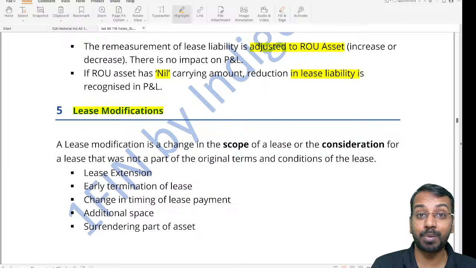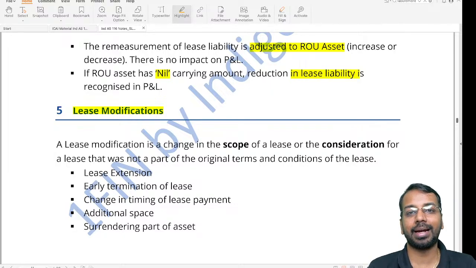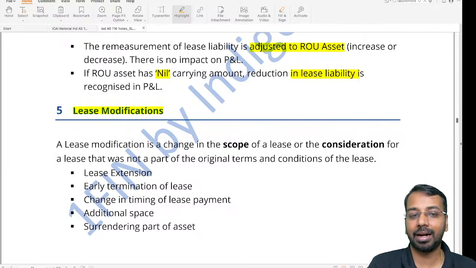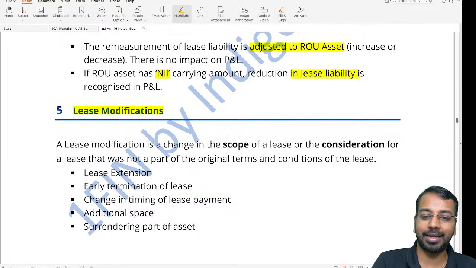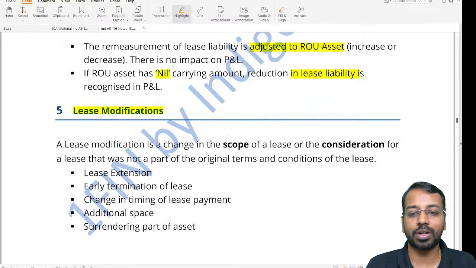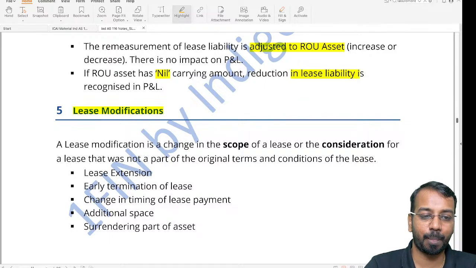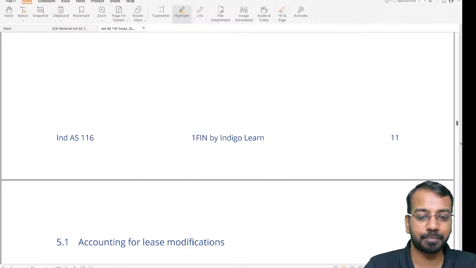The time of lease payment, that can also change. Earlier I was paying at beginning of the year, now I am paying at end of the year, that is also lease modification. Most likely, the type of questions which are tested in the exams are you get additional space or you're surrendering a part of space. That is what is called lease modification. Now, coming to the accounting part of lease modification,